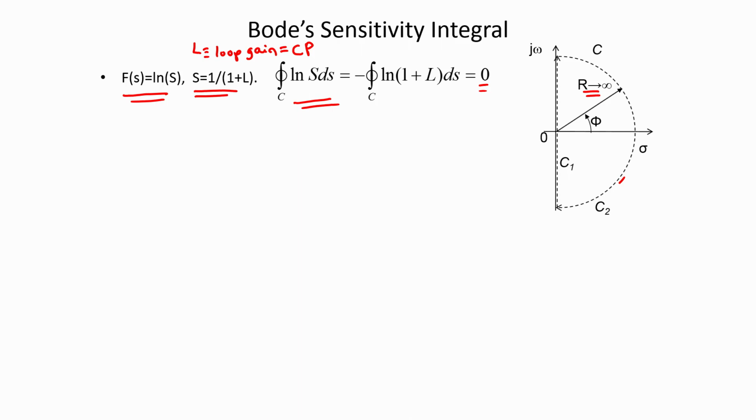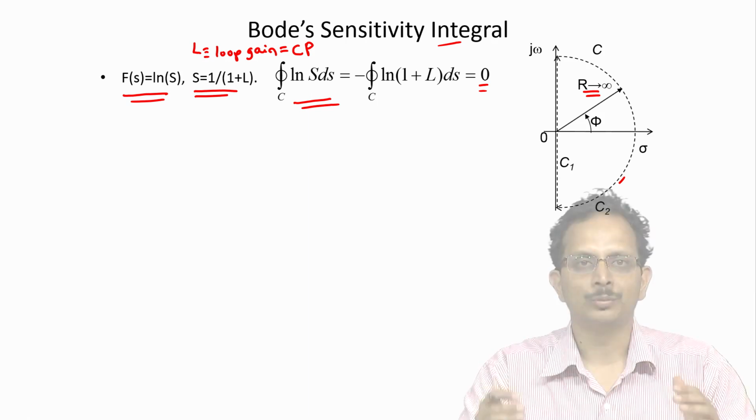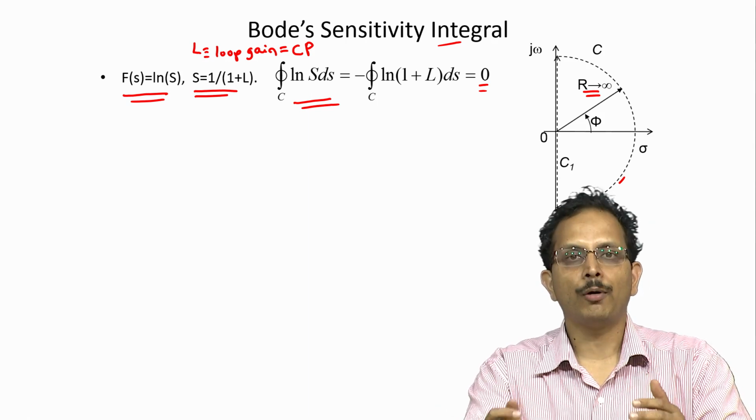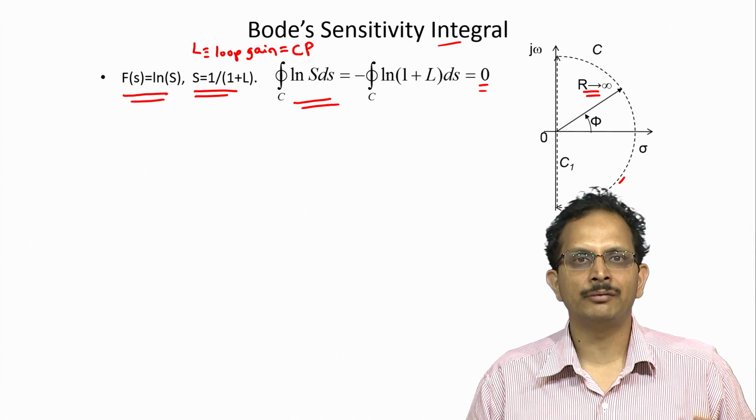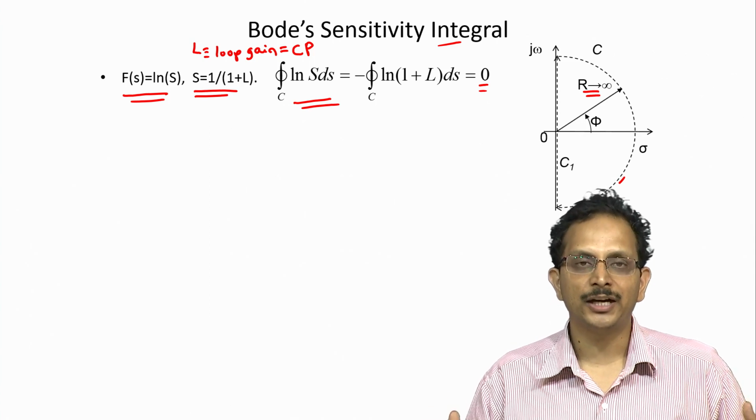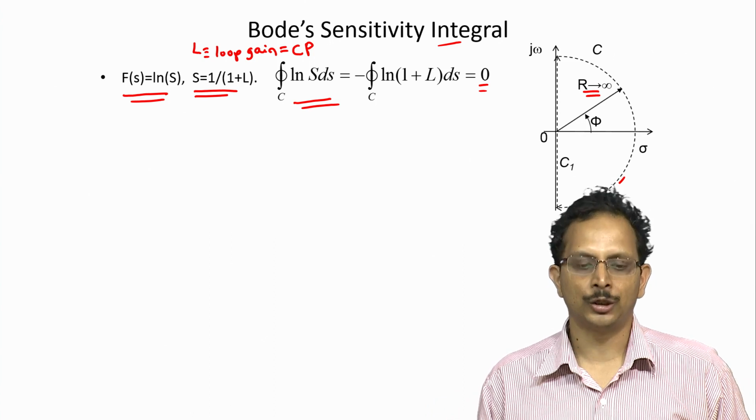Now, this is going to be the starting point for us to derive the fundamental limitation as far as feedback control is concerned, and such a limitation is revealed by what is known as the Bode sensitivity integral, and that is what we would be getting to at the end of the derivation. So, starting from this point where we have applied Cauchy's theorem to this particular function to the point where we derive the Bode sensitivity integral and its implications and interpretation to us as control engineers.